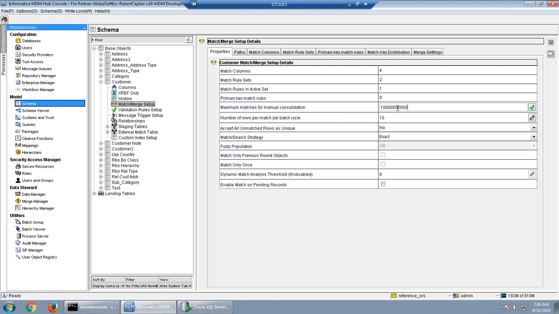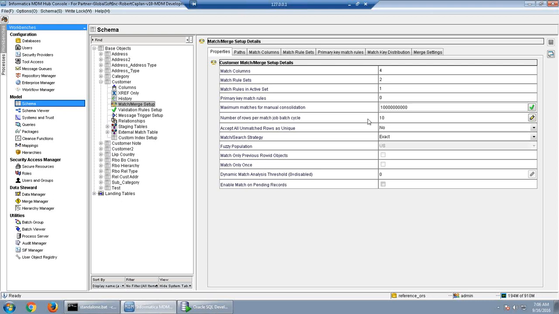I will put some higher number here, depending on the data that you have. For example, you have some 20 million records in your table. So just put more than 20 million. We know that we are not going to get 20 million matches as such. Records are 20 million, but matches will be very less. But still put a higher number, just so that you don't have to run it again. Most of the places it is done like this only, we make it a higher number and then run the match job. So it will do a match for all the records.